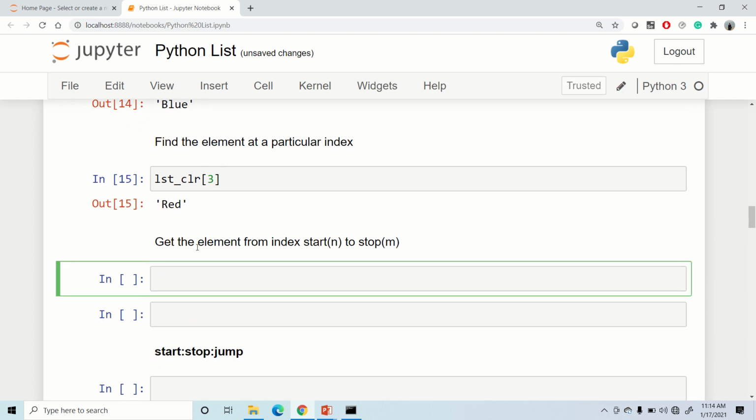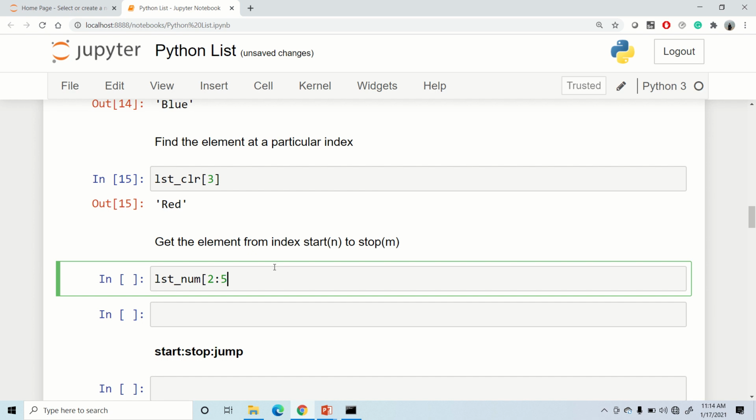Now the index could be used for slicing as well. So let's say I want to get elements from position number 2 till 5. I can put a colon in between and make use of the same syntax. So I can say LST num, then these brackets, and give me the data from index number 2, which is the start position, and till 5, but not including 5.